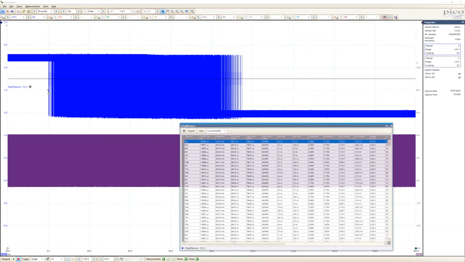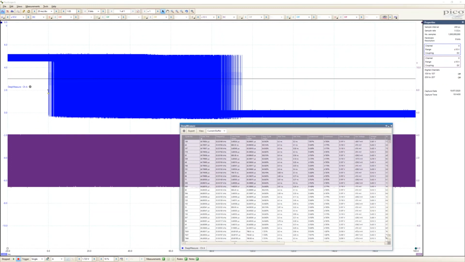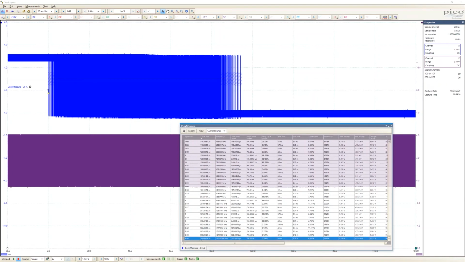The cycle time was 1.58965 microseconds, and of course I can do the opposite. I can find the slowest one right at the bottom. So pulse number 8,144 was the slowest pulse, which was 768 microseconds wide.